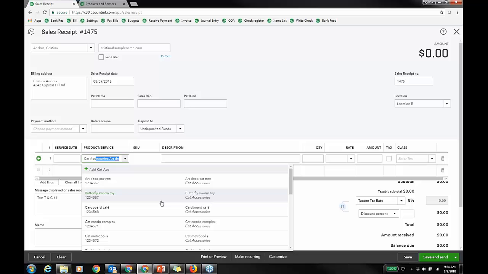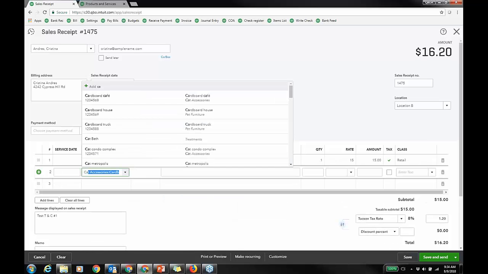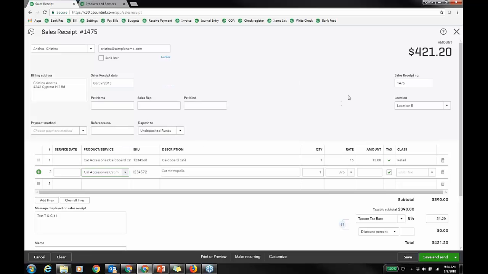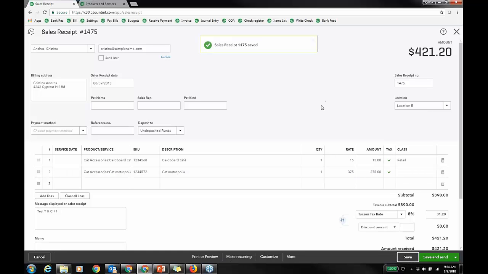That's what I kind of like about the category feature. But we're going to do Cardboard Cafe, and we're also going to do the Metropolis. She bought one of each. Now when I click Save, right, this is when you go to More, Transaction Journal, this is going to show me,